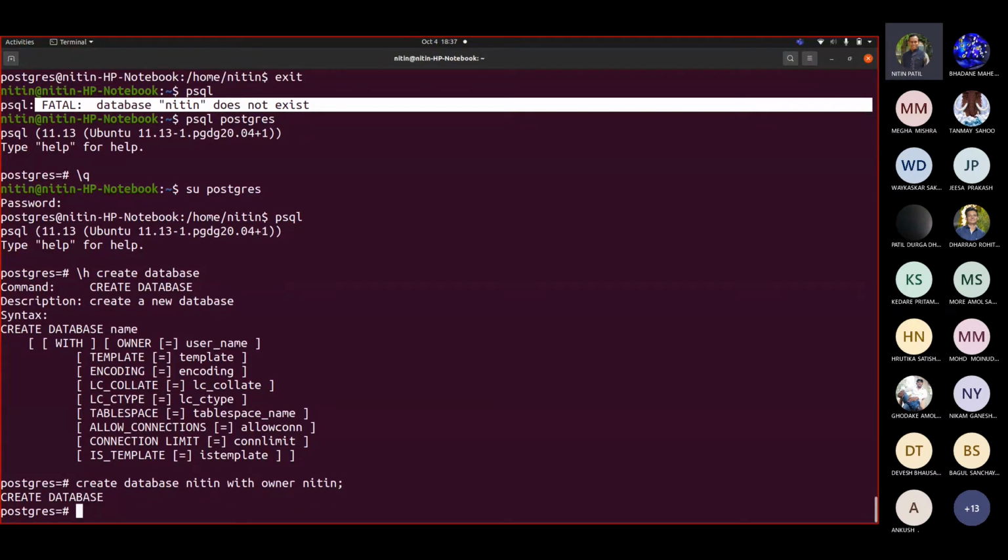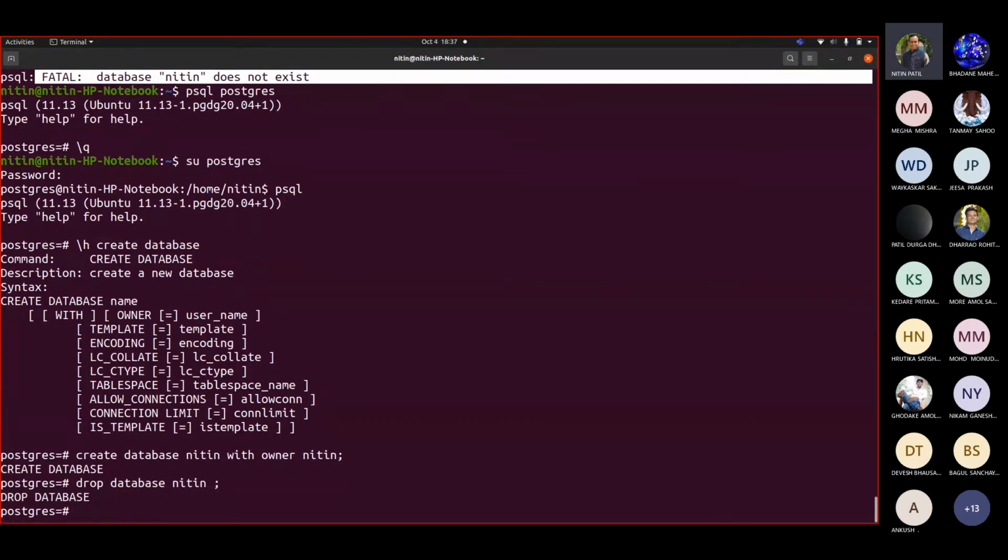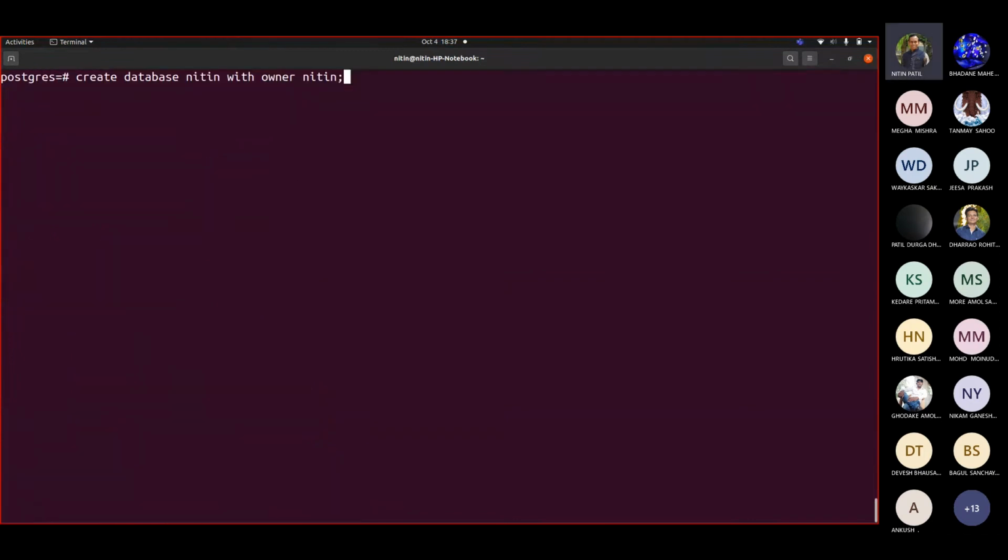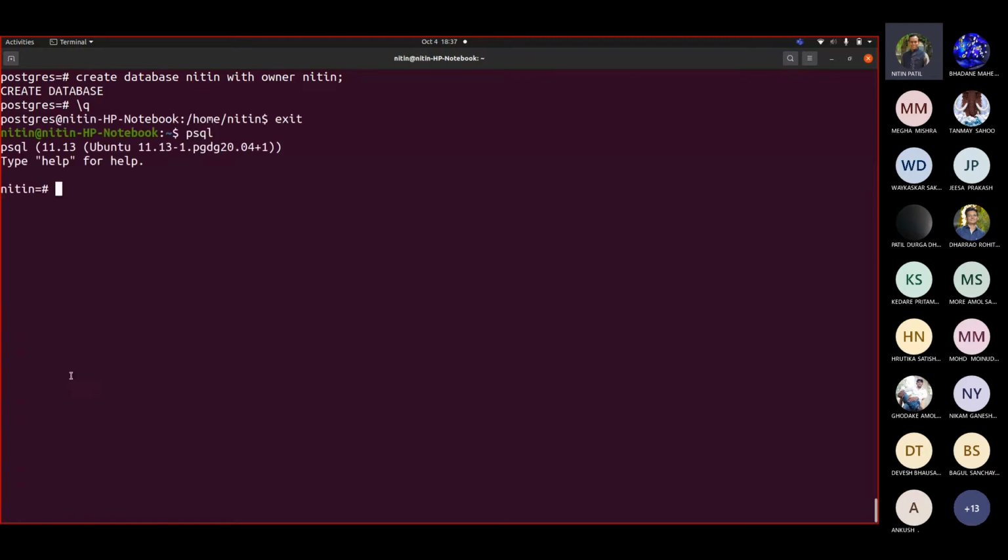Okay. Now you must have seen that it took some time. So let me delete this database, for example. Okay. Now see here how much time it takes. It is not a single second, rather it is not the way that I am clicking it. You should see that some amount of time is taken by it. It is for its own side, what exactly was supposed to be done at that side. So if I come out of this, let me press Control D again, and now if I write PSQL, you should see that instead of Postgres now, I'm able to see this Nitin. Is that fine?